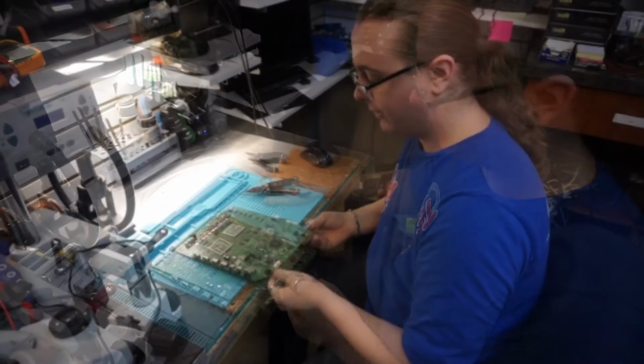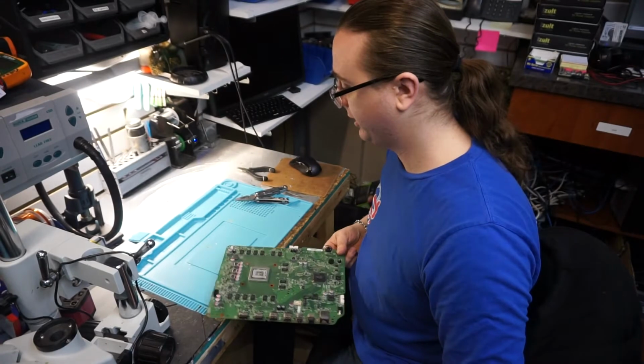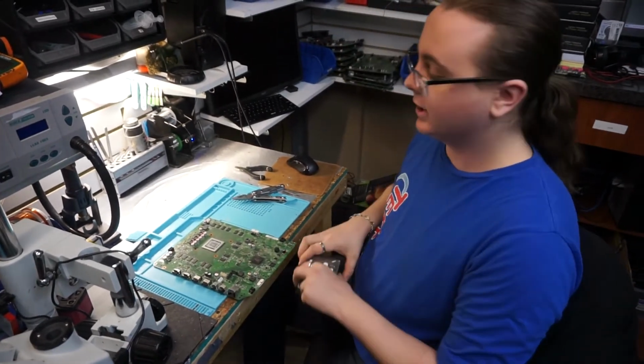Also, fuck you, Microsoft. Hey guys, if you want to hear more about me being pissed off at large companies for doing stupid shit, or just using a part that they couldn't have foreseen it breaking, but it breaks anyways,